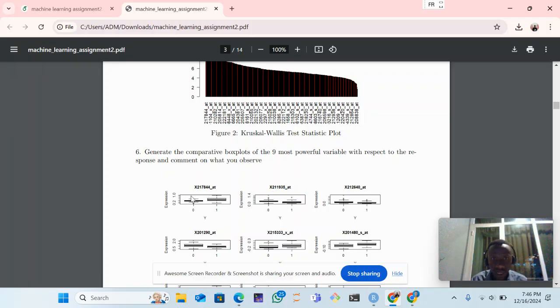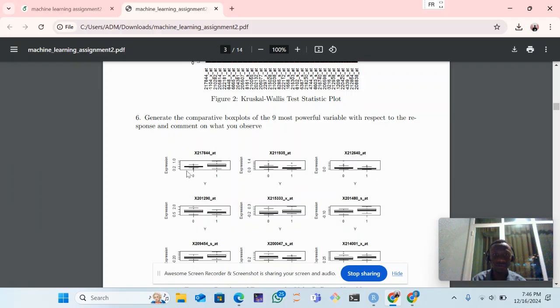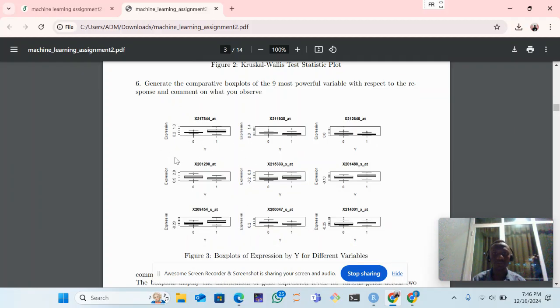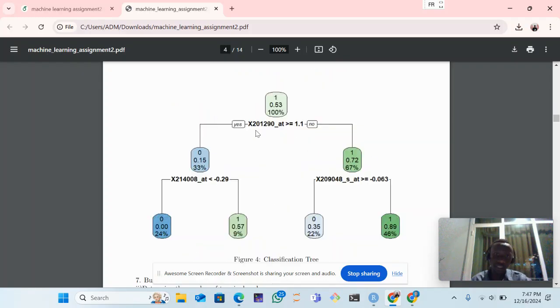You can see that the first variable has high predictive power, and this is the secondary variable, because you can see that there is some overlapping of some plots. But this shows that the first variable has more predictive power. But these are some variables trying to separate the effects of the response variable than separating the